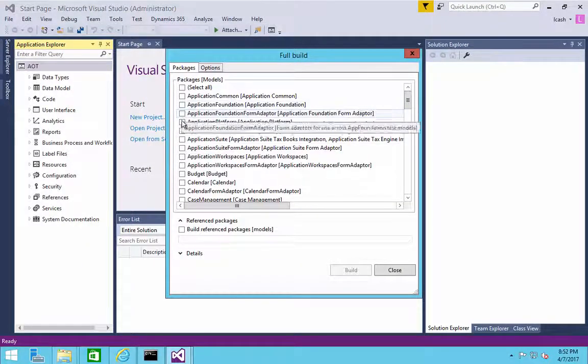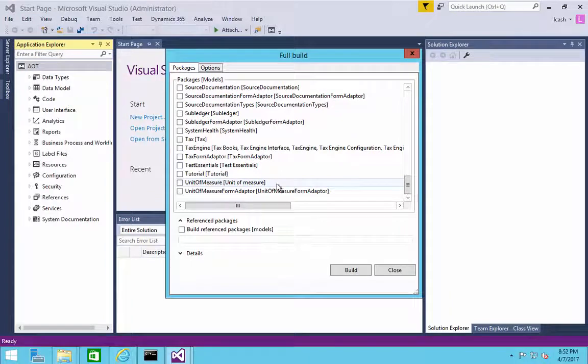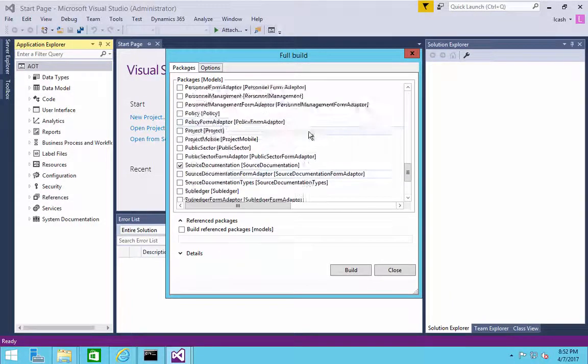So application suite, and I could go and find the documentation, source documentation. So I could select those and hit build. That's obviously the shorter process,